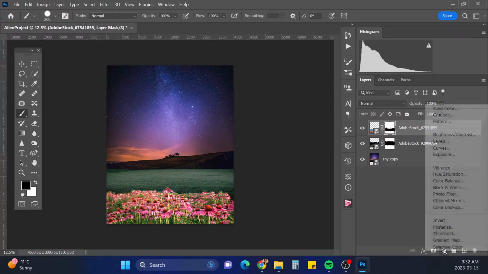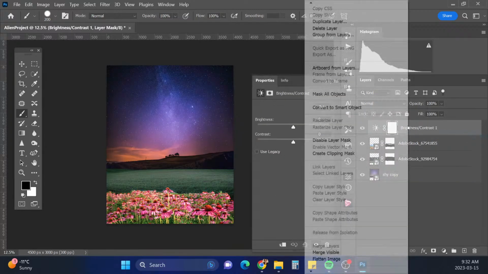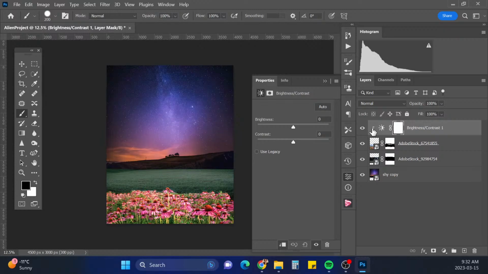Okay, so I'm just going to bring a brightness and contrast in here and create a clipping mask and just bring the brightness down on these. And contrast up a bit.